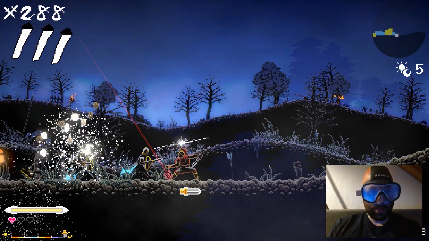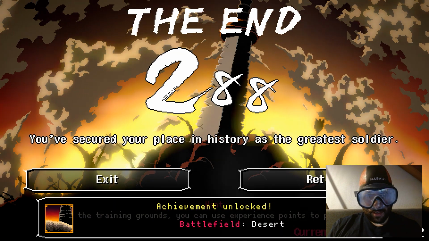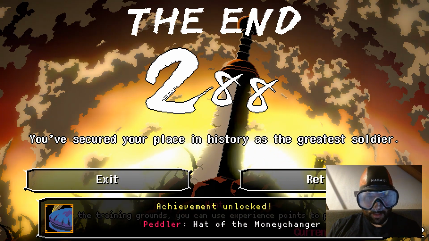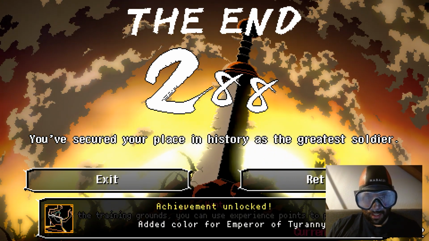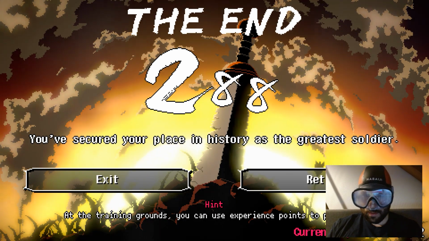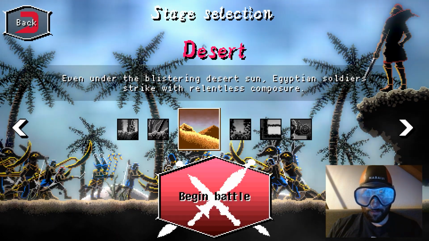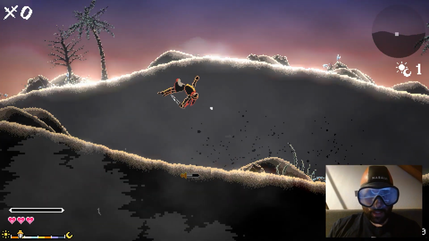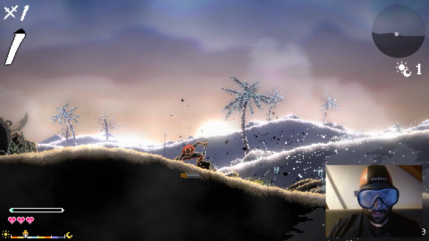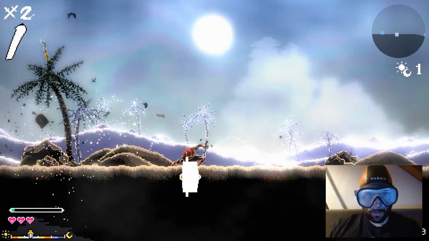Berserk or die? I mean, I have berserked and now I died, but I won against the Phalanx, right? I unlocked the desert and the dagger, hat of the money changer, and collar to the Emperor of Tyranny. I'm not sure, am I playing as the Emperor of Tyranny or not? Okay, let's try one run of the desert. Is it any different, or is it the same thing with a different environment? I'm curious. The background is much different, but